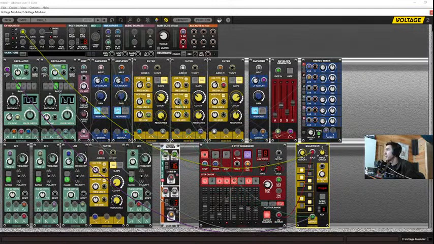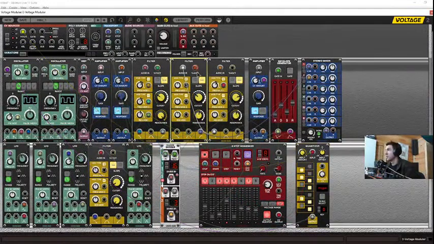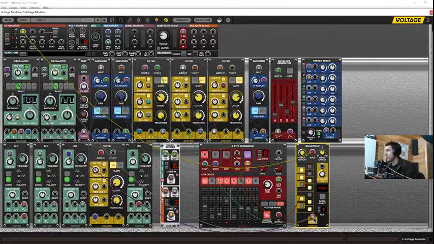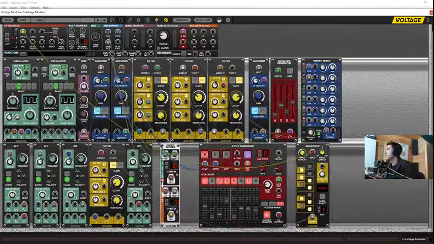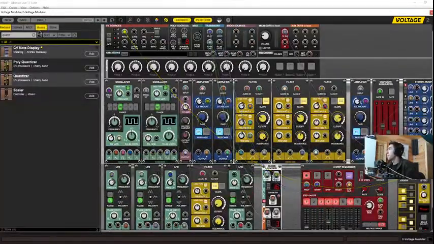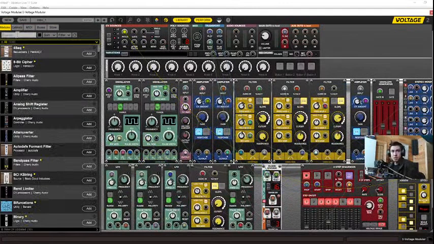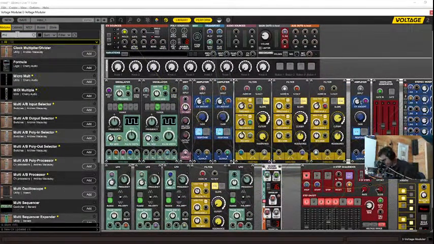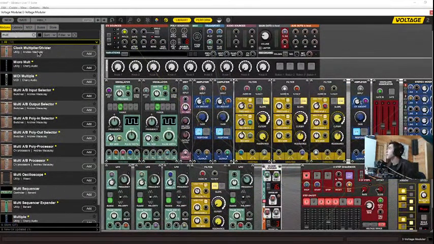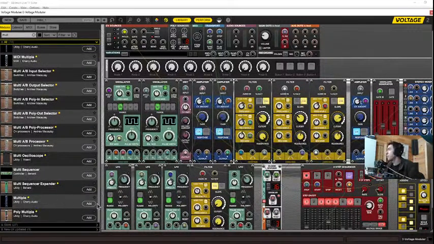And this might be a good example of what happens when you run out. Oh no, we only have one hole left, and we want to control the cutoff of all these filters. Well, it's pretty easy. Usually in modular synthesis, you would grab a mult. So we'll grab this multiple,